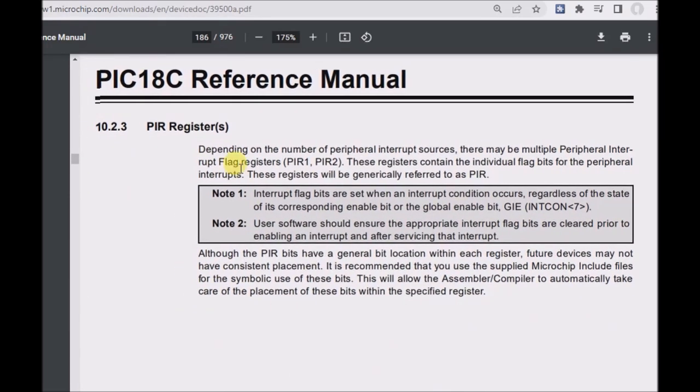Okay, next is PIR registers. Depending on the number of peripheral interrupt sources, there may be multiple peripheral interrupt flag registers, PIR1, PIR2. These registers contain the individual flag bits for the peripheral interrupts. These registers will be generically referred to as PIR. Note 1. Interrupt flag bits are set when an interrupt condition occurs, regardless of the state of its corresponding enable bit